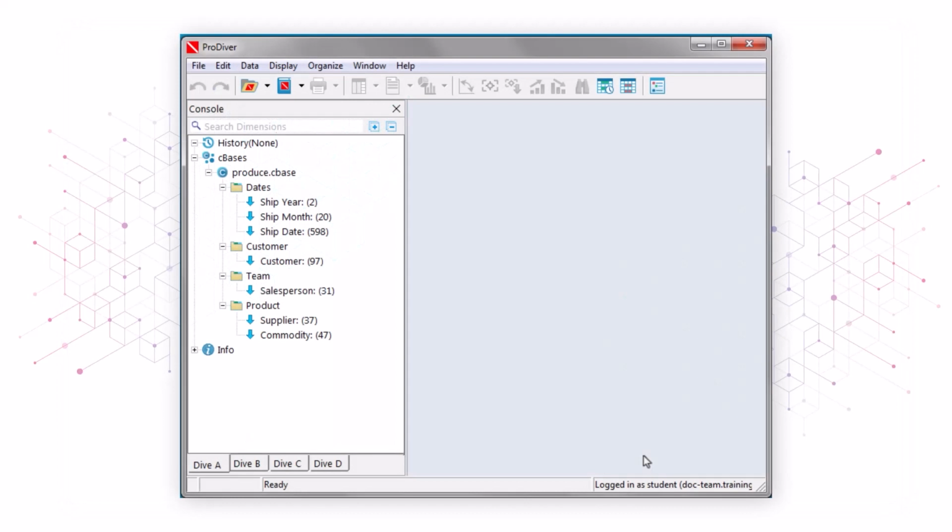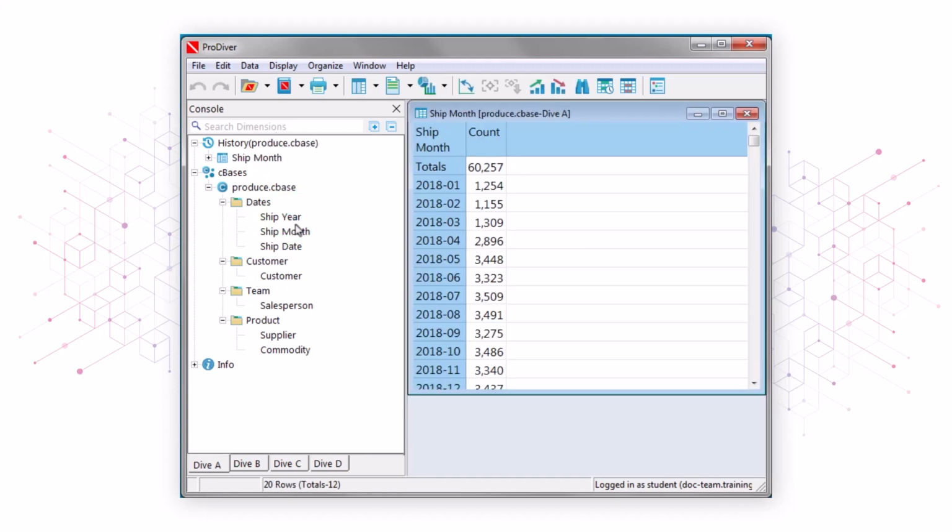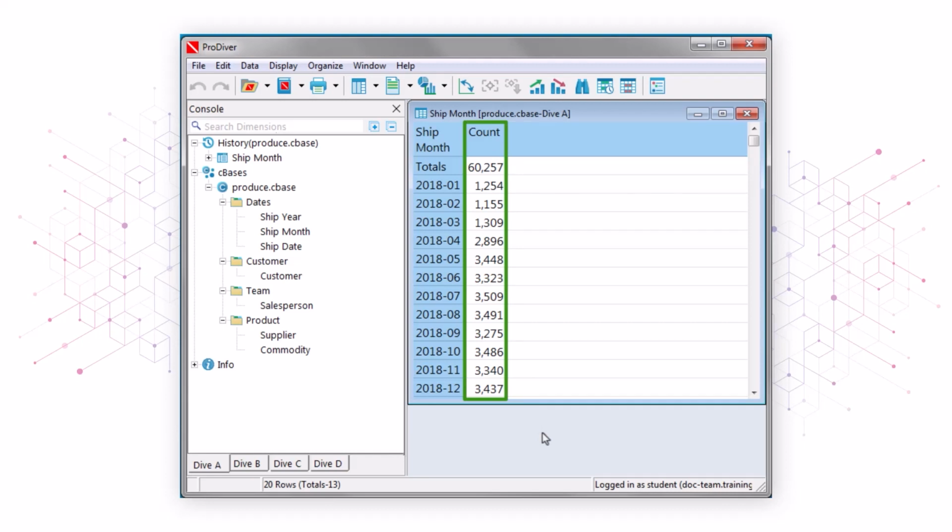First, we'll dive on ship month to see a list of all the months in which product was shipped. We now see a list of the first 12 of a total of 20 ship months, starting with the first month in 2018, 2018-01. The count column, the only column currently visible in this view of the data, shows the